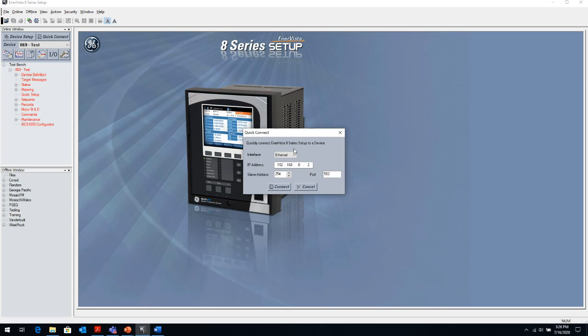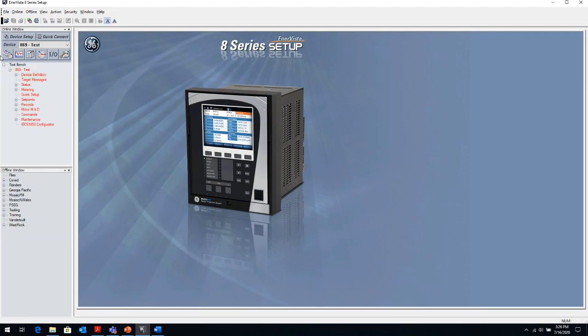Right now I'm connected through the Ethernet port. With the Ethernet port, you need to enter an IP address. There's also an option to have Wi-Fi. If you do order a relay with Wi-Fi, you can connect via Wi-Fi. But note, you do need a hotspot for that. The relay connects to the hotspot, and then you connect to the hotspot to connect to the relay. So when we connect to the relay, on the top left,